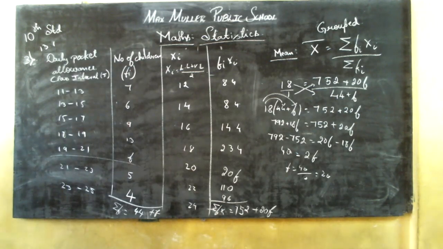Now coming to the next type of problem. What is the next type of problem you have? The next type of problem is, I have told you, in the fifth sum, there is the class interval missing. There is no continuation in the class interval, correct? So let me see how to solve that type of class interval.